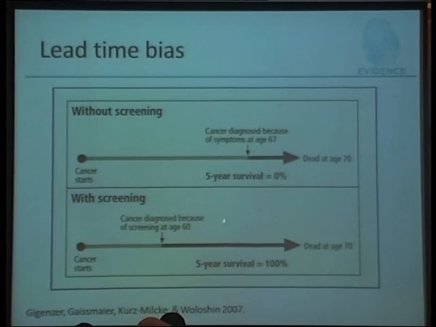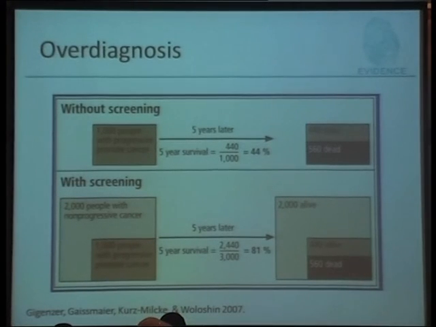If instead you do screening, you diagnose the cancer here, and 5 years after, everyone is alive. Survival 100%. But at 70, everyone is dead. So in the end, you don't affect the health of this population, you just anticipate when you do the diagnosis. And the 5-year survival after screening changes from 0 to 100%. This is called the lead time bias. Not only, but if you consider a population without screening, and you have